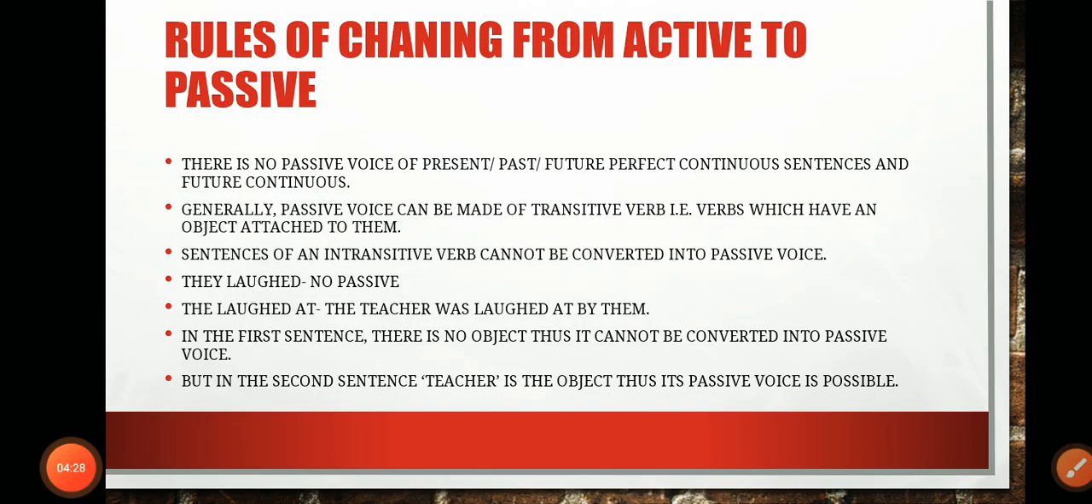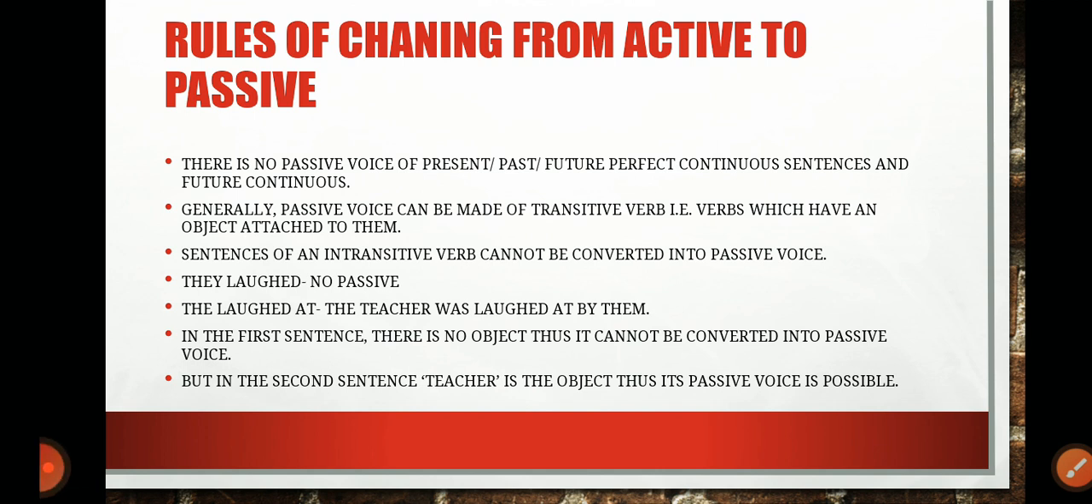Now we'll see that there is no separate passive voice rule for present, past, future, perfect continuous sentences. If you have not seen, dear viewers, then you can go to the about button and check the latest video that I have made on tense. And in that video I have explained each and every concept of tense along with an activity. So if you have not seen that video, then you can just